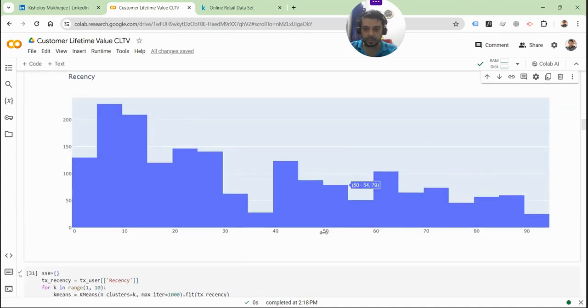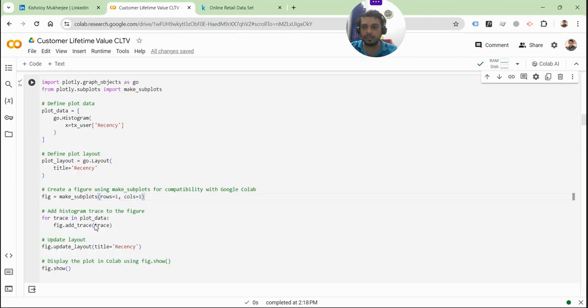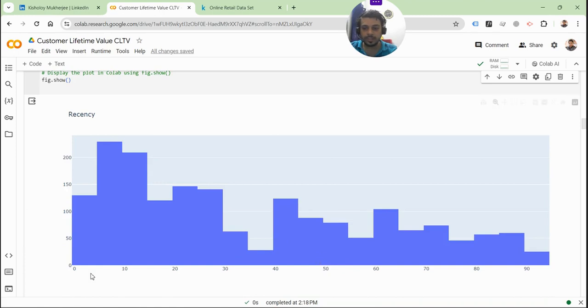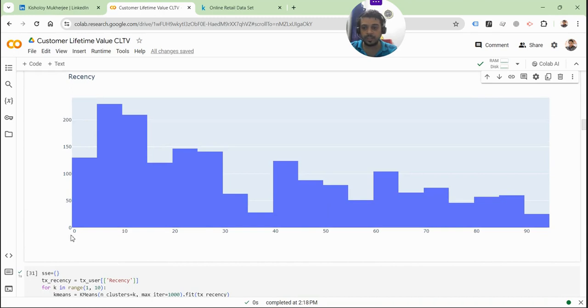So this is how the recency plot looks. What does it really mean? This is a histogram, and this is frequency. How many times has it occurred? You're looking at recency, and this is the number of days, right? That's how we have calculated recency. So 10 recency means a 10 days difference from the latest transaction date, and then it's 20, 50,